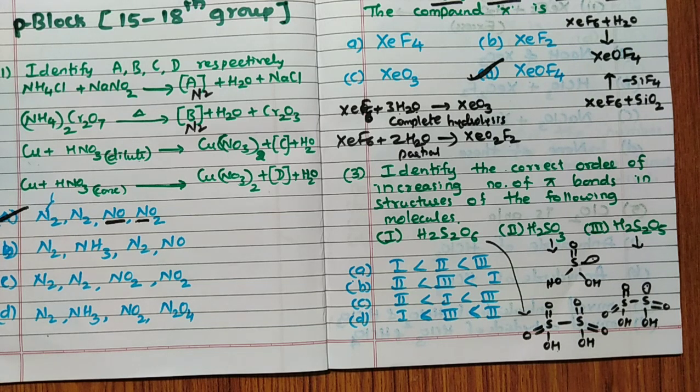Now you calculate. Lowest in which case? H2SO3, because 1 pi bond. 2 options left. Highest in which case? Here you can see 1, 2, 3, 4 pi bonds. So the first one has the highest, 4 pi bonds. Here 1, 2, 3 pi bonds. Here 1 pi bond. Hence the answer for this question is B. So the structure you have to know, there is no other way. Remember this.